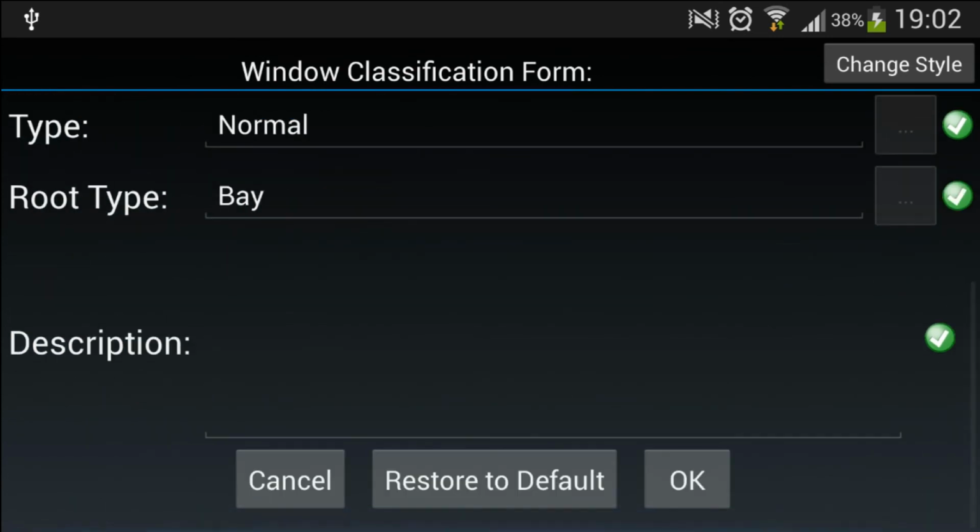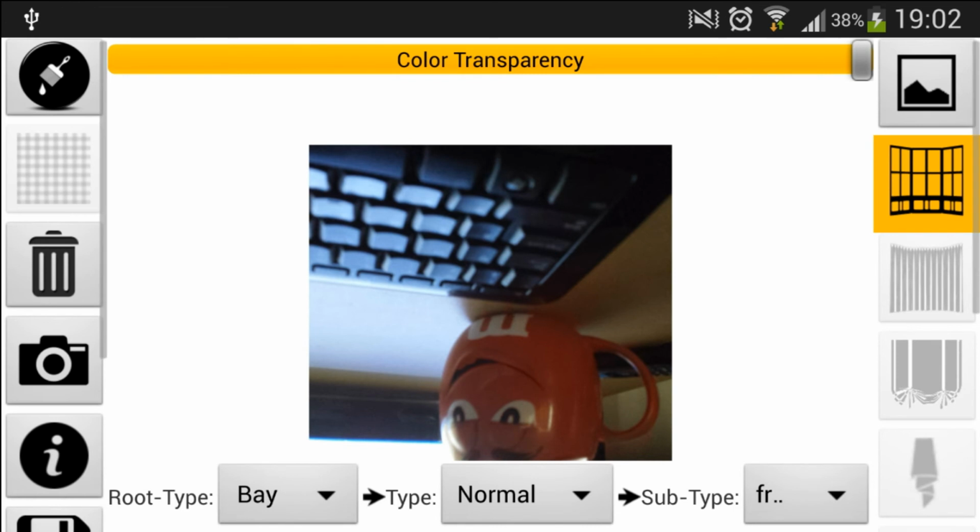I just press OK. Now I can see it's on the screen. So instead of the window template, it will be the real window based on the pattern of window you selected.